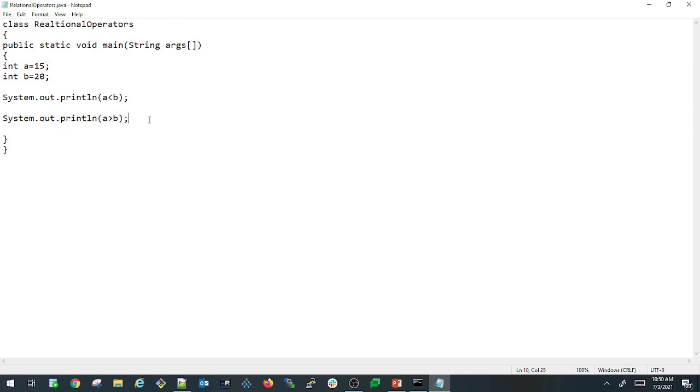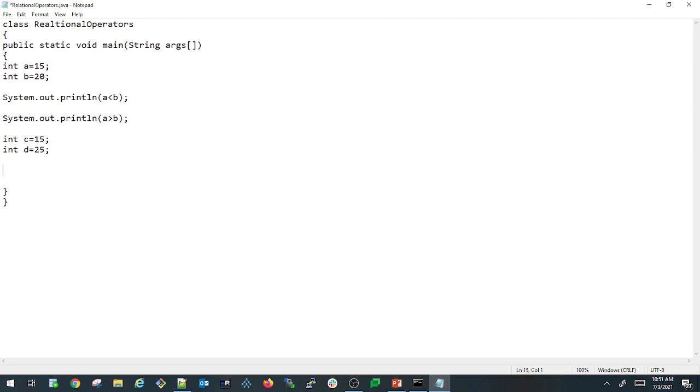So let us look at the other relational operators as well. Let us quickly declare two more variables here. int c equals 15, int d equals 20, or else maybe we can write 25.